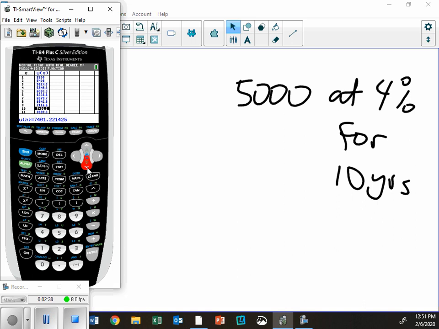So let me show you where that goes. If we go back in here, and I taught you about the insert key. It's right above the delete key. Get to this spot, and I'll show you where we're going to insert something. 0.04, right here, we're going to insert divided by 12. Now, it's at the very end, so it would have been fine to just write right over it. And then outside of the parentheses,